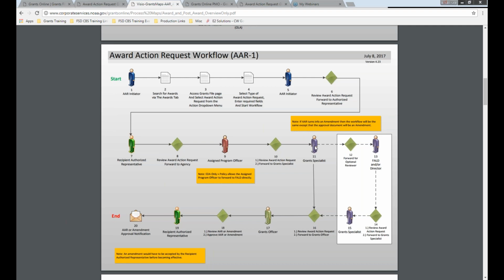I do recognize in EDA that the project officer is also the grant specialist, so for the EDA users, you will probably have two tasks that you're going to have to complete before it moves forward and gets finalized. After that, there are some optional people that can review the request within the agency, and finally it goes to the grants officer. The grants officer is the person with signature authority for the federal side. They will review it and approve it. Once they approve the award action request, an email notification comes back to the authorized representative letting them know that